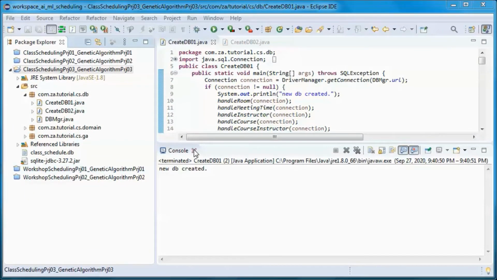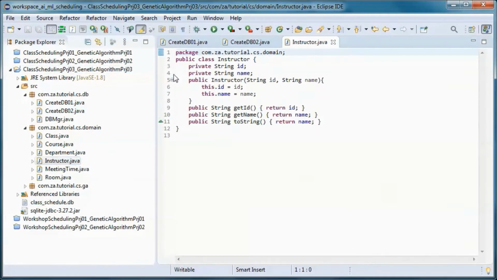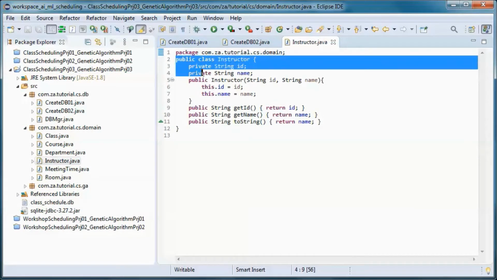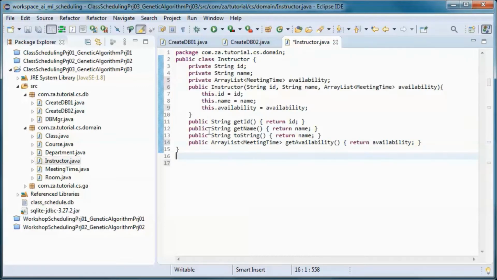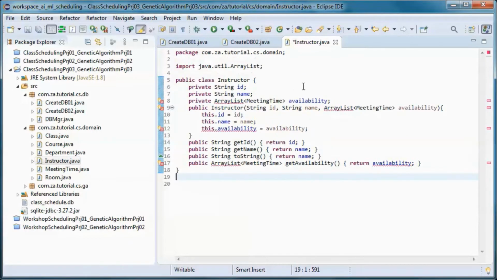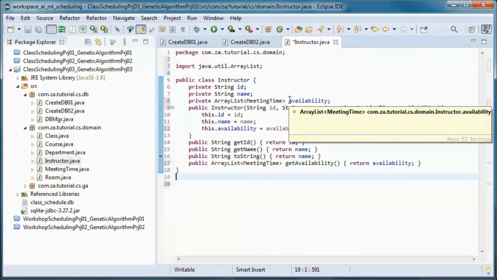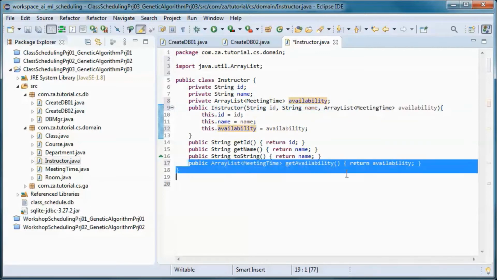And let's go ahead and update this instructor class. So we will add the availability for that instructor and initialize it in the constructor and have a get method for it.